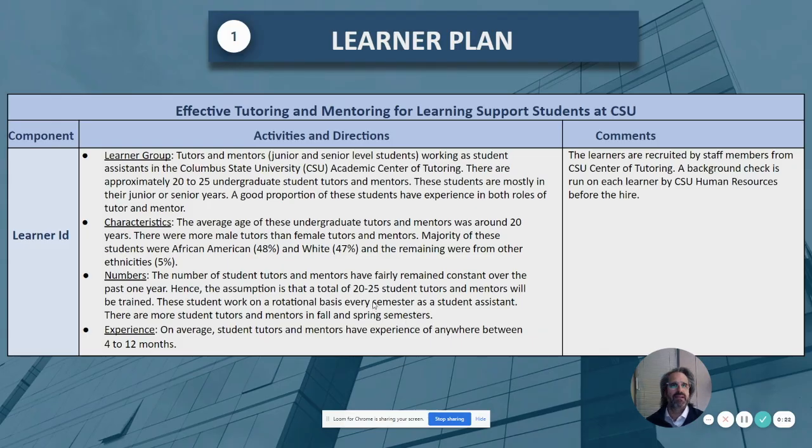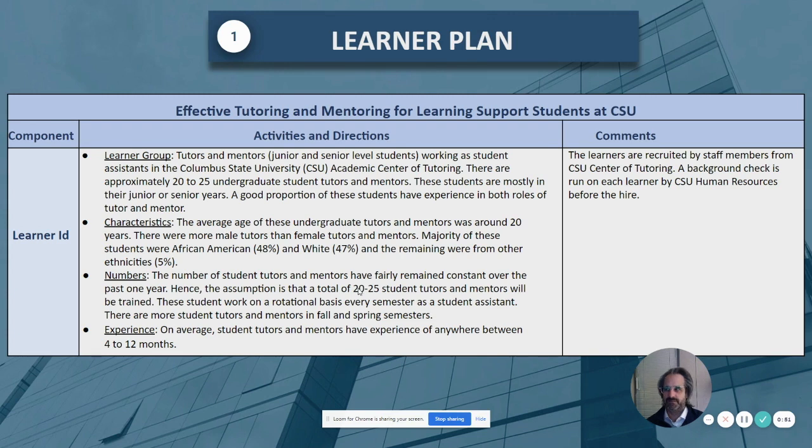Starting off with the learner plan, we will focus on the learner group, the characteristics of that group, the numbers that we're planning on training, and the experience that we're expecting to have with that learner group. We're expecting them to be around the junior to senior level students as the tutors and mentors. We're looking for them to be about 20 years of age with a balanced aspect of ethnicities. We're looking to train 20 to 25 individuals, and we're looking for them to have about 4 to 12 months